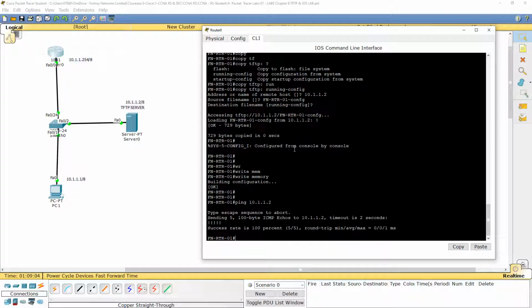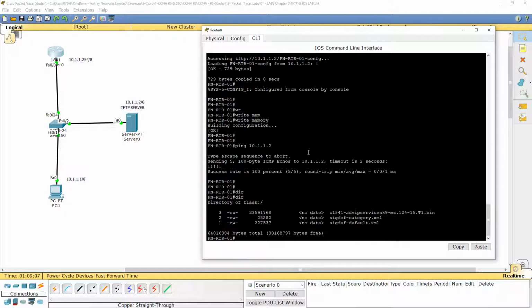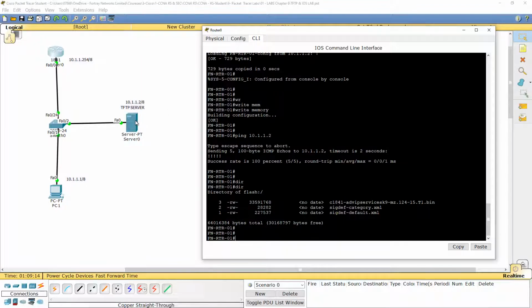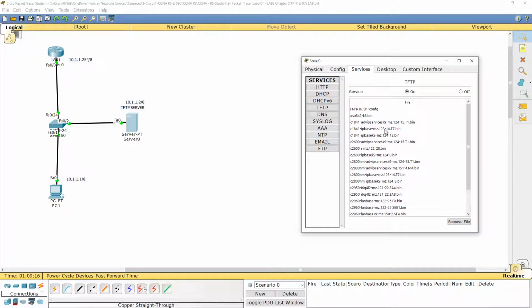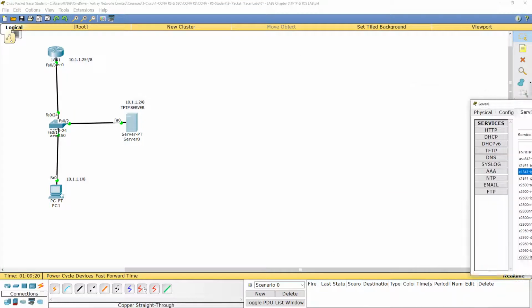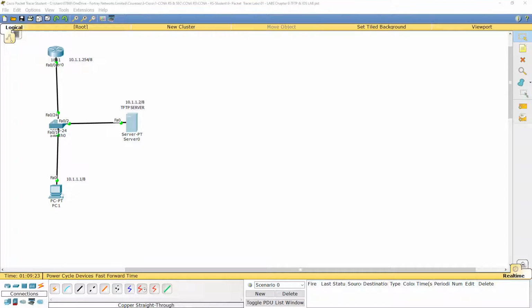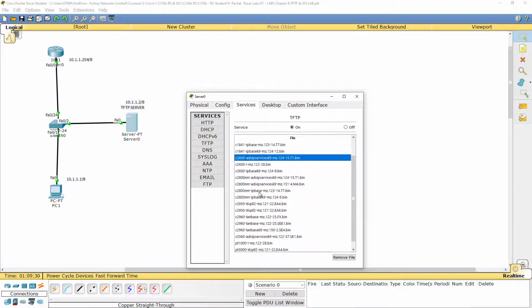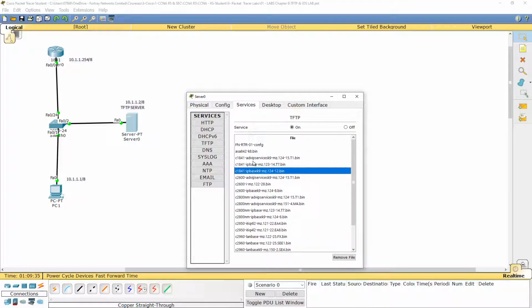Okay. Now, what is the operating system we are running? DIR. This is the current operating system. Clear? Now, what are the operating systems available for 1841? Every Cisco router has many different models. So you see, the 1841 has this model. Advanced services is already running. These are the related 2600, 2800, 2900. Different operating systems; this one has a different one. Even a Cisco one as well.